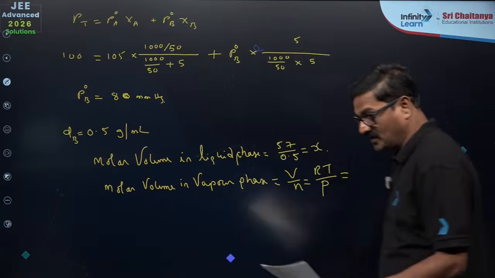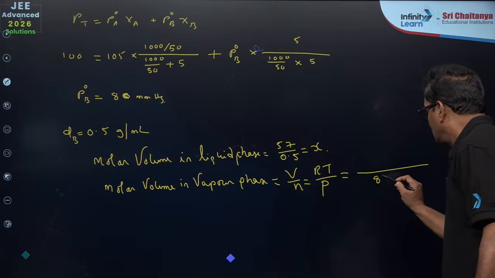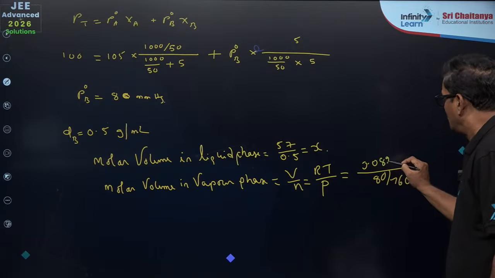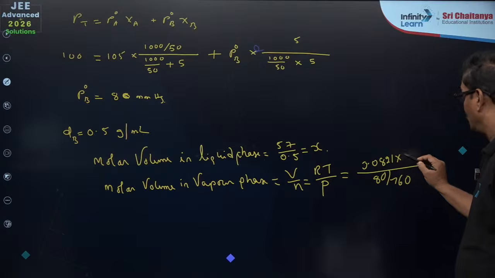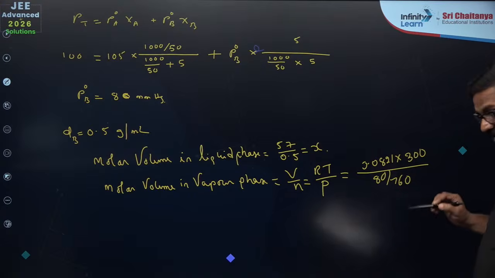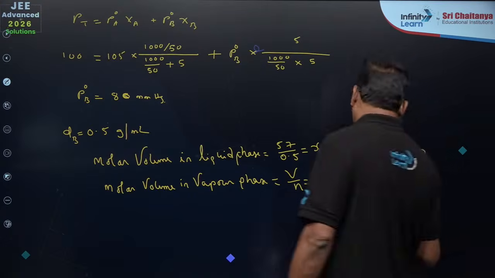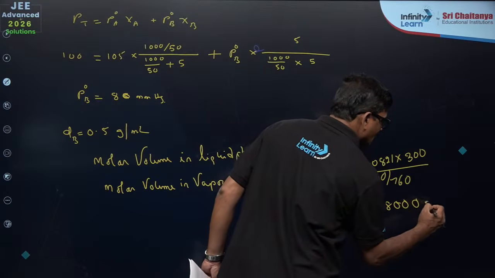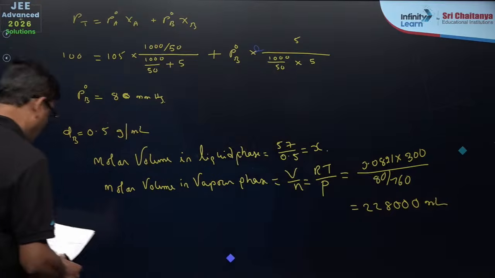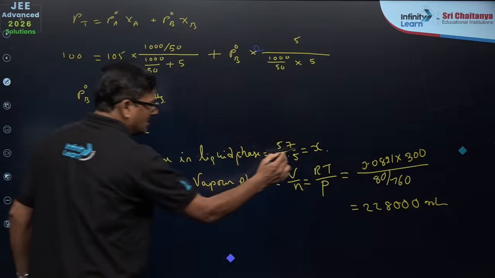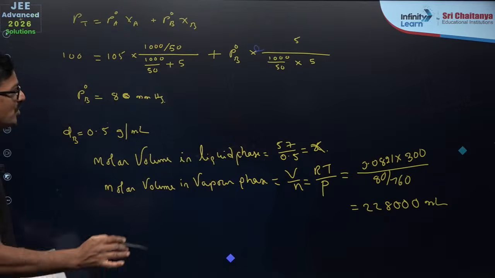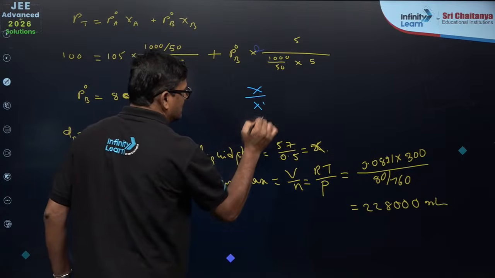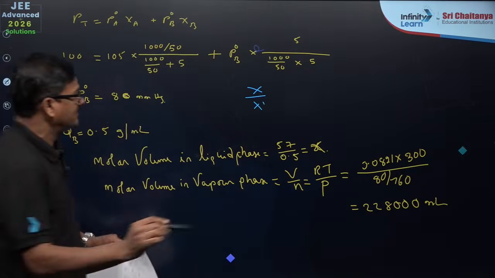So, it is given as P 80 mmHg and 760, and R value 0.0821, into temperature, which is given as normal 300. On solving, you are going to get 228,000 milliliters. And we can take this as x, and the ratio of x and x dash, you can take it as 57 by 50